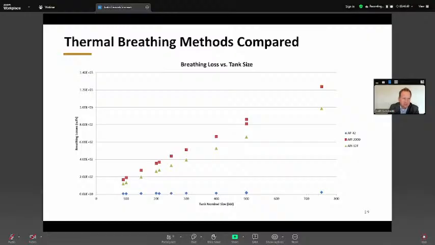And you can see on this chart, breathing loss versus tank size, wildly differing methodologies. The most standard as of now for US EPA is to look at API 2000, and you might have a CVS that has zero production going to it that might fail on a thermal breathing basis